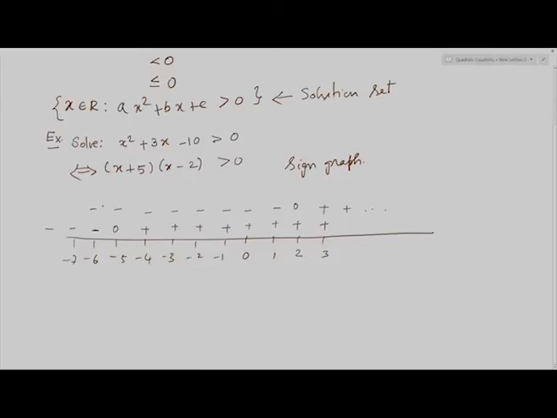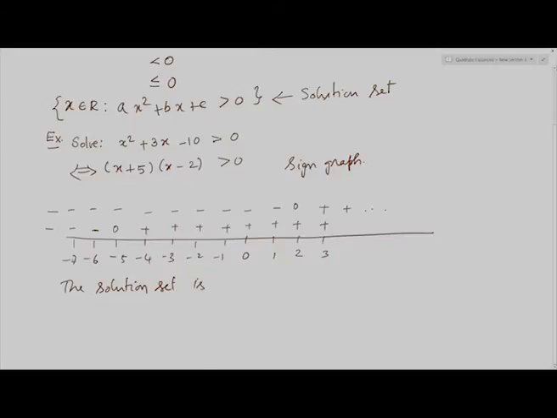Now you see the solution. We want the product to be positive, so both factors should be positive or both should be negative. Here we see both negative, and here both positive. In between, from minus 5 to 2, it has the plus sign and the minus sign. Therefore the solution set is